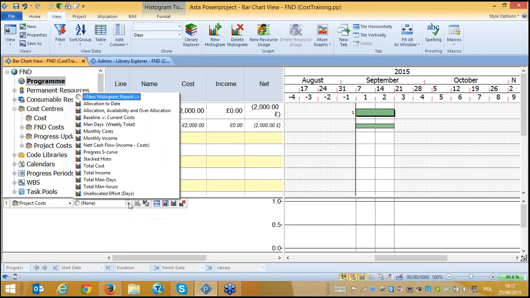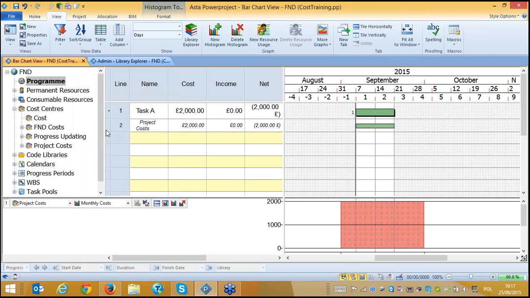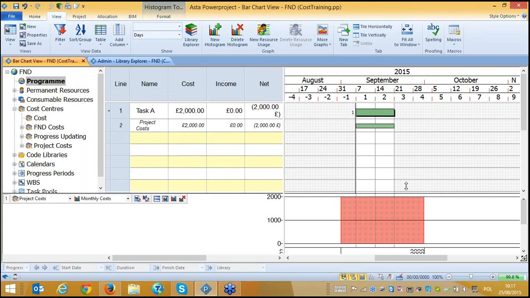And the second thing, which histogram I would like to use. We have here a wide range of histograms already prepared in Asta Powerproject. They come when you buy the software, they're available. But of course, if you need something else, you can always create your own histograms. Let's say that I would like to display the monthly cost. So here it is showing me